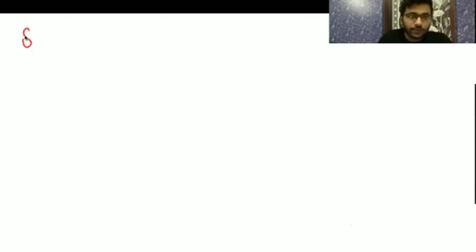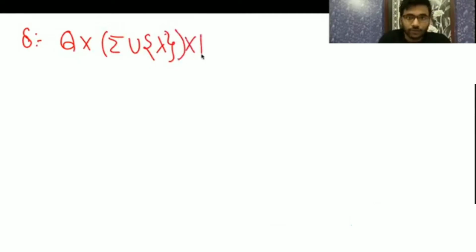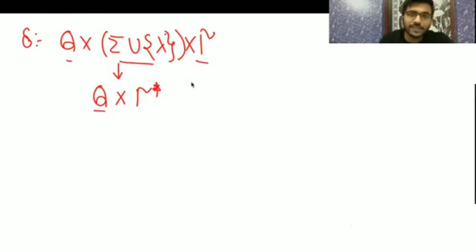So delta of the deterministic pushdown automata we have seen as Q cross sigma union epsilon cross gamma. This is gamma. It will go to one state and it will replace the stack symbol. This we have seen: one state, by getting some input alphabet, by seeing the top of the stack, it will go to only one state and it will replace the top of the stack with some stack symbols. Okay, that is a stack string, meaning that this is the stack alphabet, and it is going to get any combination of that, with which it is going to replace. Okay,